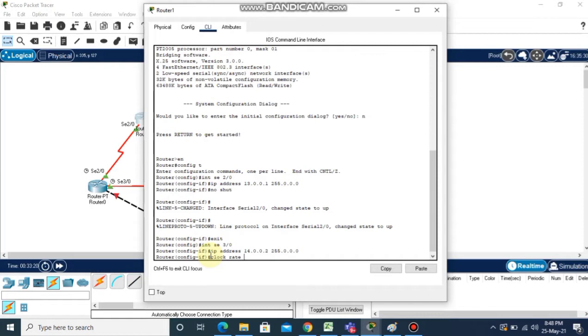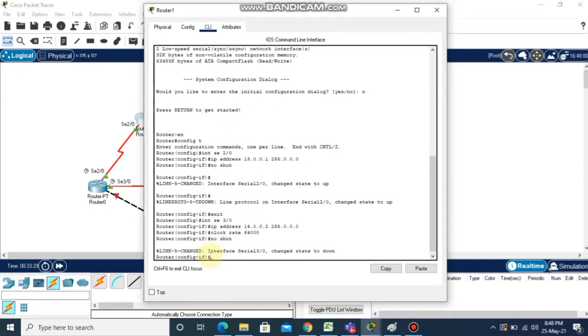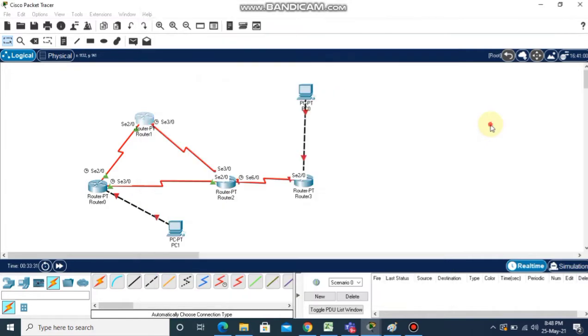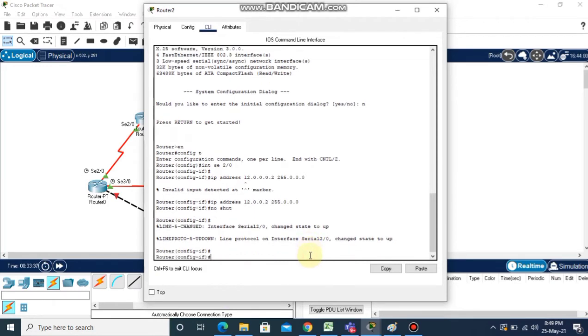We will assign clock rate at this interface. Clock rate will be 64,000, and then finally no shut. Now we will move to router 2, and